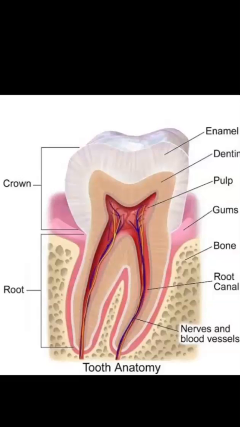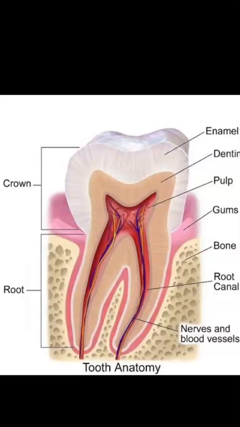For the root canal treatment, different endodontic materials are there, like root canal irrigants, root canal medicaments, root canal sealers, and obturating material. So now we are going to discuss each and every type of endodontic material. In which situation we have to use which type of material, we have to focus on this. So this is the infected tooth. If the tooth is infected, then we have to remove the infection.